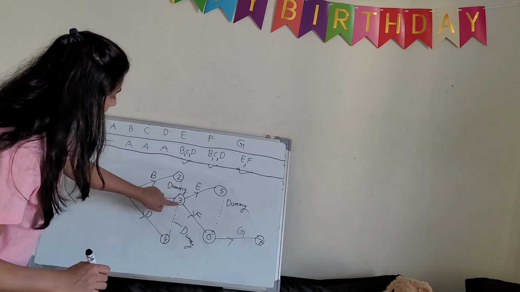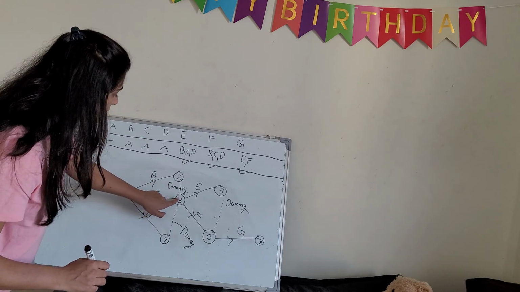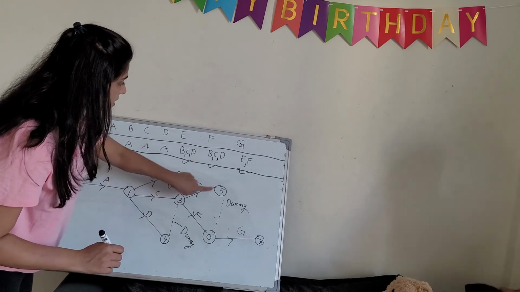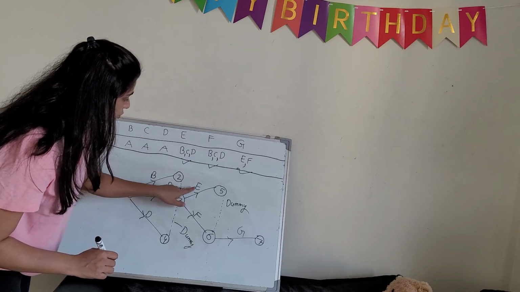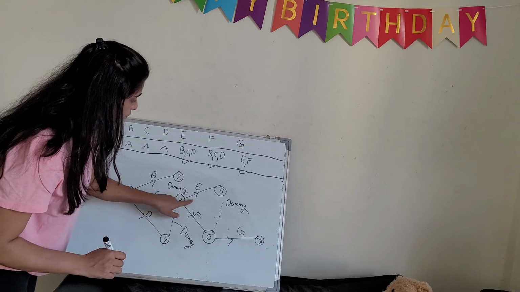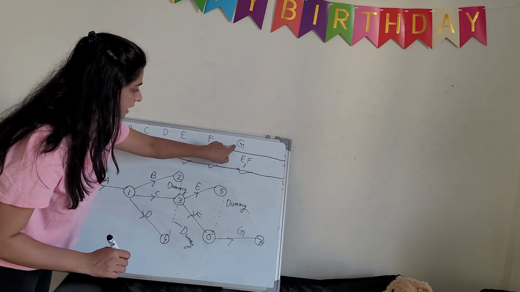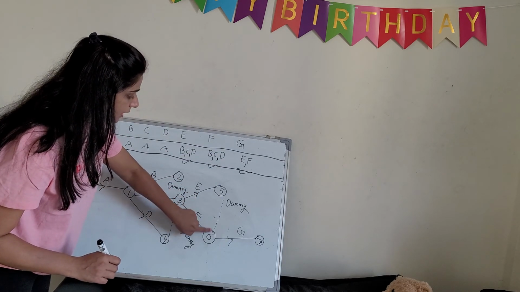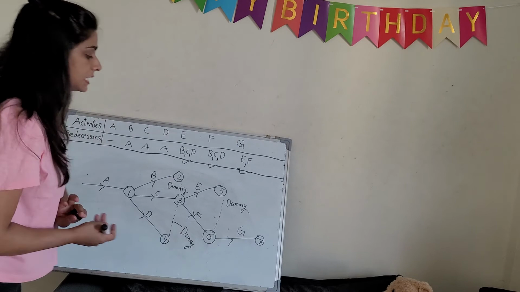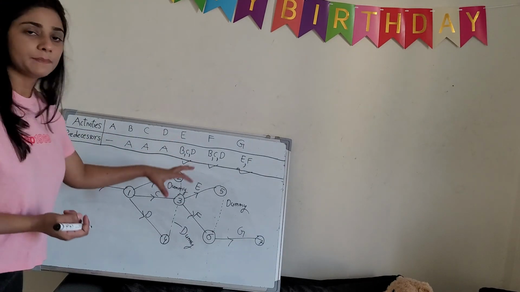So we connected these activities by these dummy activities, and now next is E and F. These 2 activities are starting from this point, and next, after completion of E and F, G activity is starting, right? So we will connect like this with a dummy activity, and from here we can start the next activity, which is G. So this is the method we put the dummy in the network.